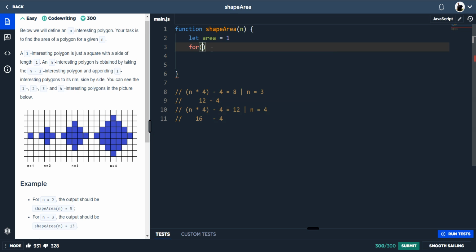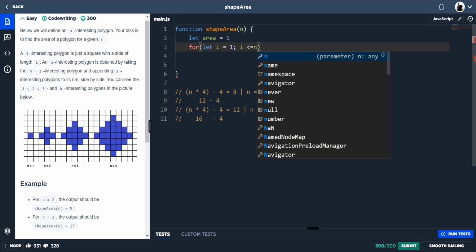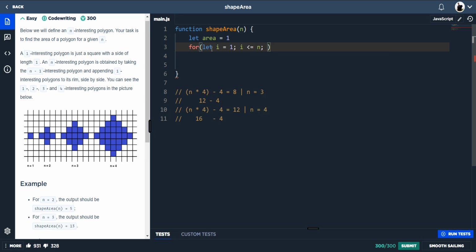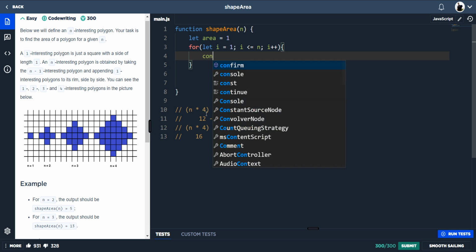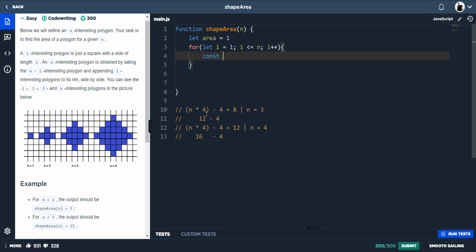So if we do a for loop and say we let I is equal to 1, and if we do I is less than or equal to n, and then we want to I++, because we want to go through I each time, adding the area onto the area each time. And then if we write this little logic here, so we do const, say x is equal to